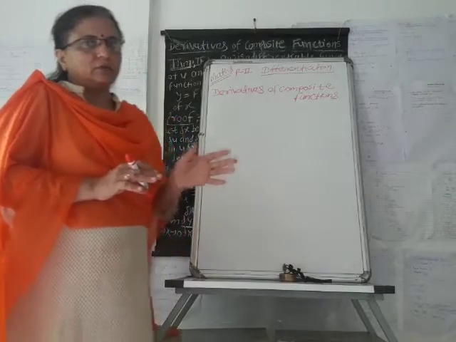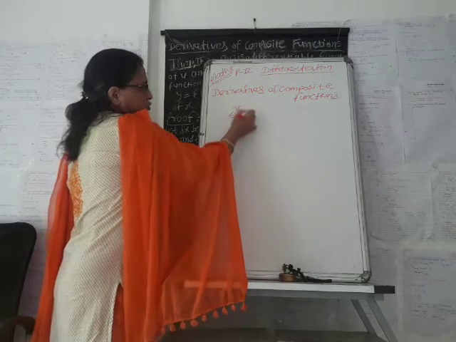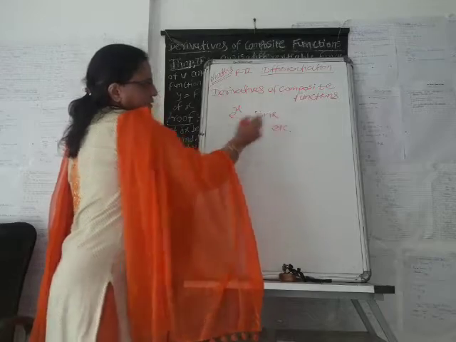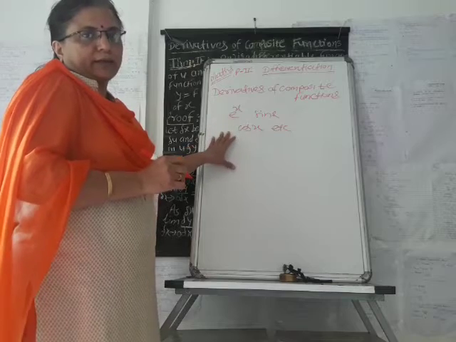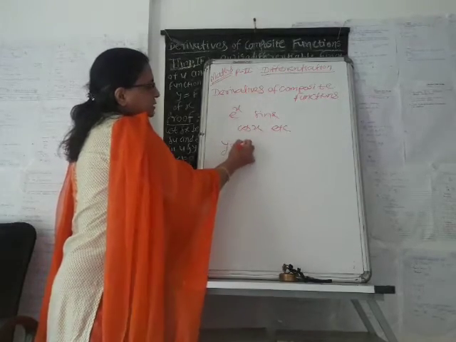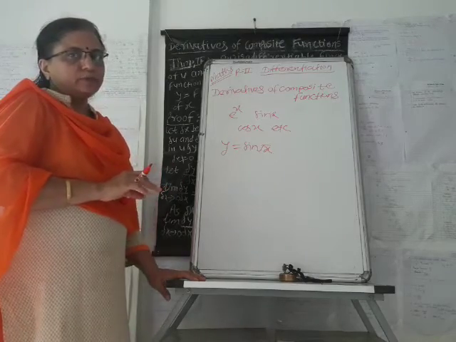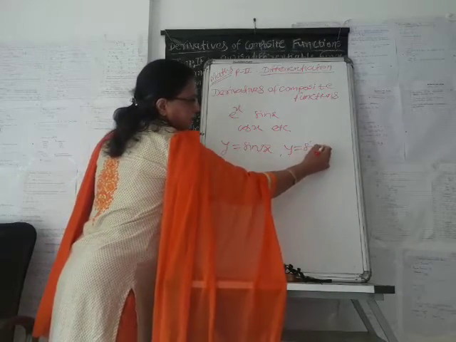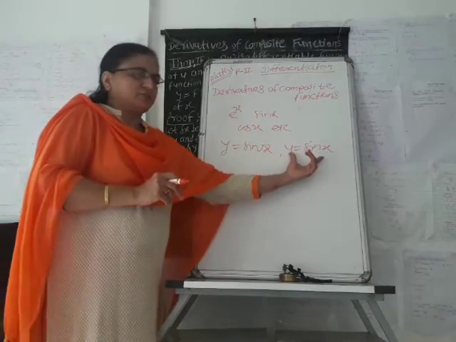In the last lecture, we saw the derivatives of simple functions, for example, e raised to x, sin x, cos x, etc. These are simple functions, so we can find their derivatives directly. But now, suppose there is another function, y equals sine of under root x. Observe this function and y equals sine x. Compare these two functions. This is a simple function.